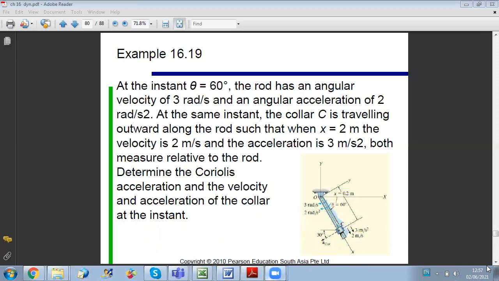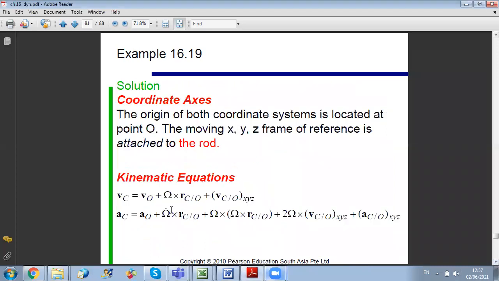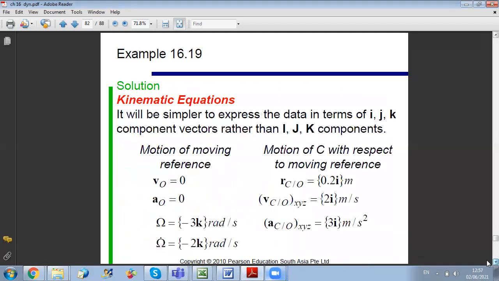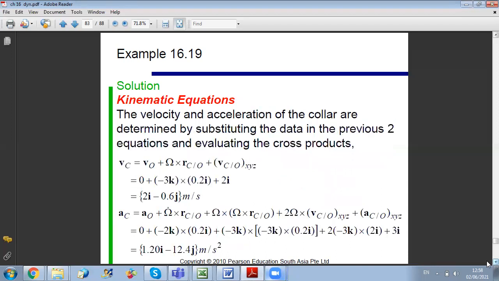So to summarize again, the first step is to write our equations of our vectorial relations. We determine the terms that are needed in our calculation. So O is fixed, VO and AO is 0. We have the angular velocity and angular acceleration both given and clockwise, so it's along minus k. And the relative motion is given, so V relative is 2i and A relative is 3i. Now all we have to do is to replace into the formulas, the vectorial relations, so we can get